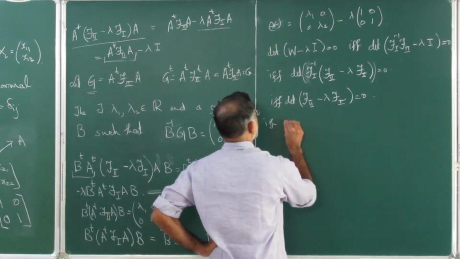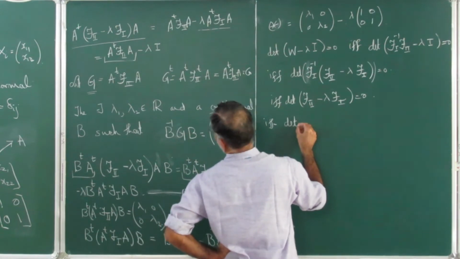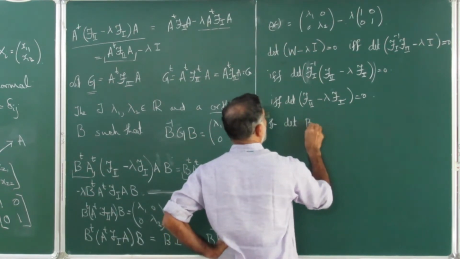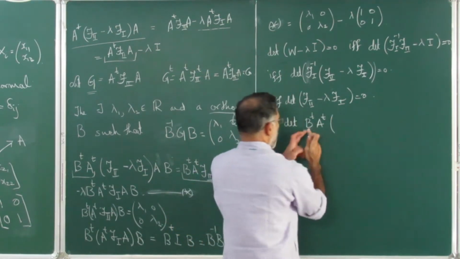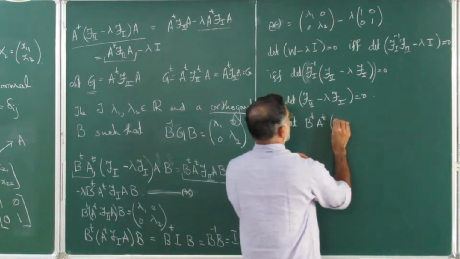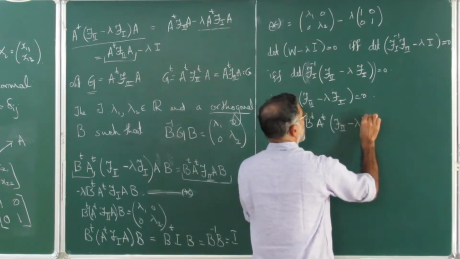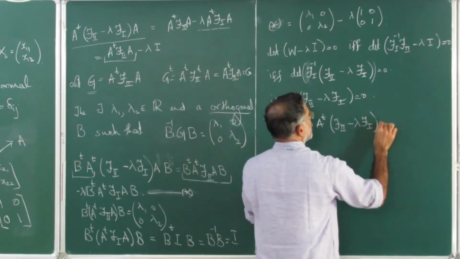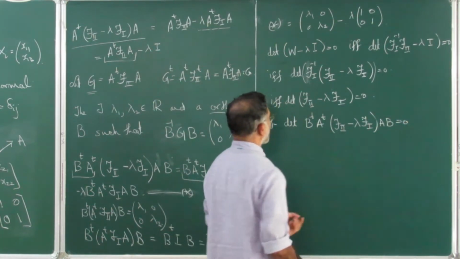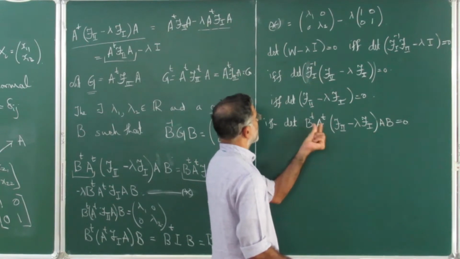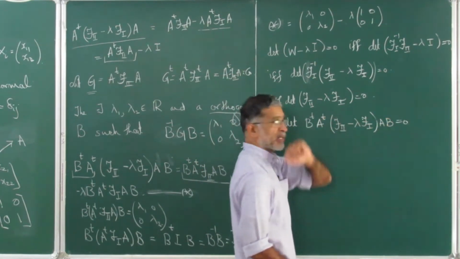So therefore this if and only if, what is it that we are getting? B transpose A transpose, both these are non-singular. Let me write this first, then I will explain again. F1 AB. Why? Determinant of this is the product of determinant of this into determinant of this into determinant of this into determinant of this into determinant of this.